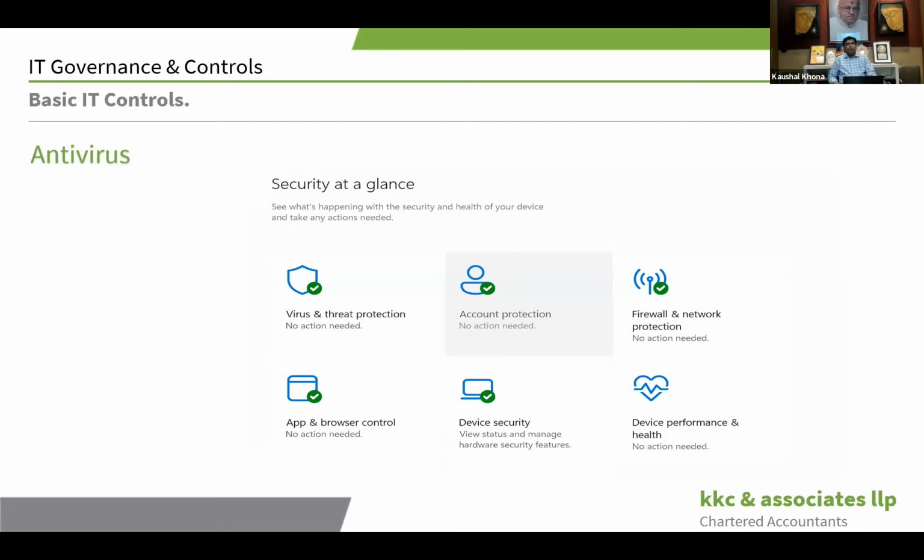Whatever sum of money you need to invest in a good antivirus software. There are a lot of reputable antivirus softwares available in the market, be it Symantec, McAfee, and even Microsoft has its own antivirus and firewall software, which is available with Windows. But if you club the Microsoft antivirus along with a good third-party antivirus, it will help you a great deal because a lot of viruses can come to your machine via email attachments, via files downloaded from the internet. You never know. Even if your colleague passes on a file to you via Microsoft Teams, there is a very big risk of virus. So having a good antivirus with real-time regular updates would help you protect your systems and your server as well.